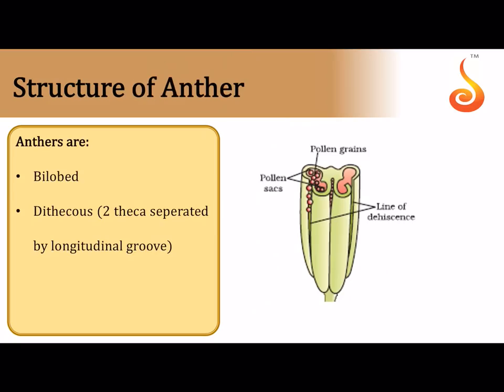Now again we are going to focus on the section of the anther, because we need to learn the structure of the anther. For you to understand the structure of the anther, you obviously will have to keep taking transverse sections. I told you that there are two halves on either side of the connective tissue, and that is why anthers are called bilobed. Now why do we call the anther a dithecous structure? Once again you can see the section here, or I will just draw it once again for you. So remember,